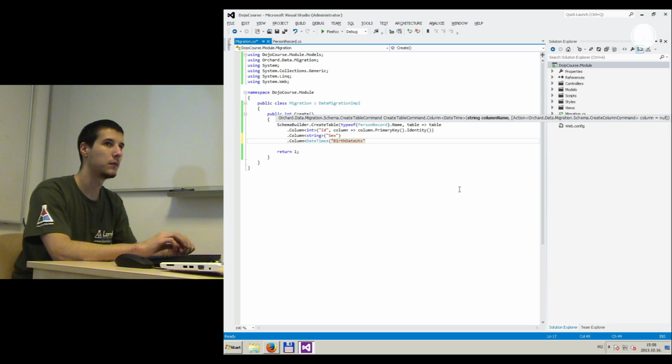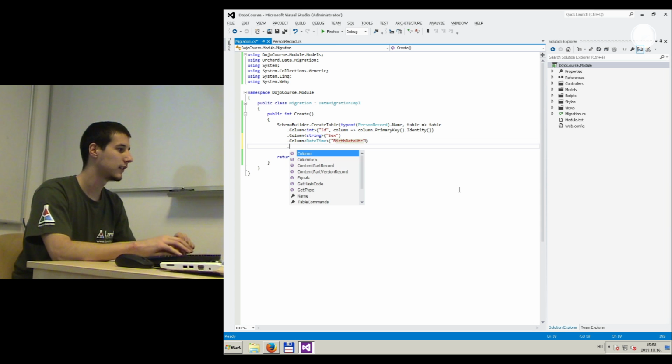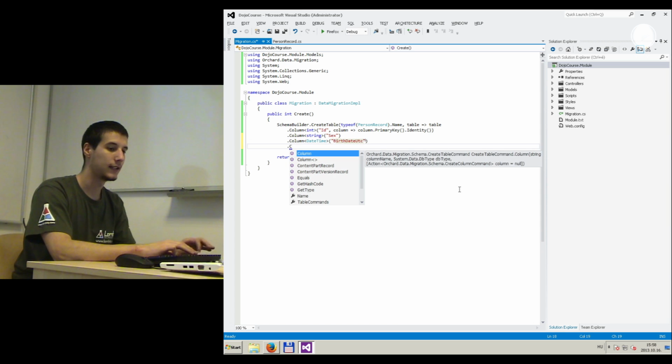and I don't think I expressed this enough, but the column names should be the same as the property names. So it's a must. They must be the same. They must be named the same as the properties. So the birth date UTC doesn't need any customization here, and then